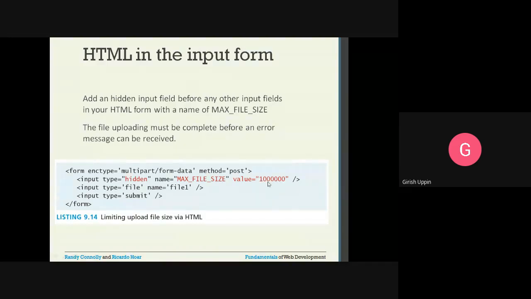So in this particular example, it is 1 million bytes, so that is maybe 1 MB. So that is how you can restrict. Then you have the regular file input, then we have the submit button. So that is one way of doing it.